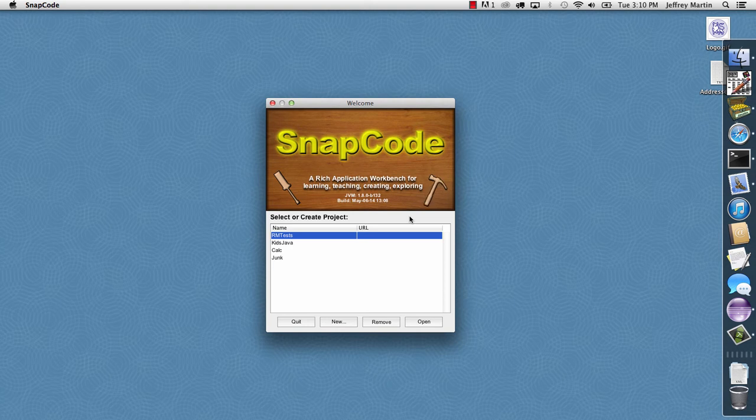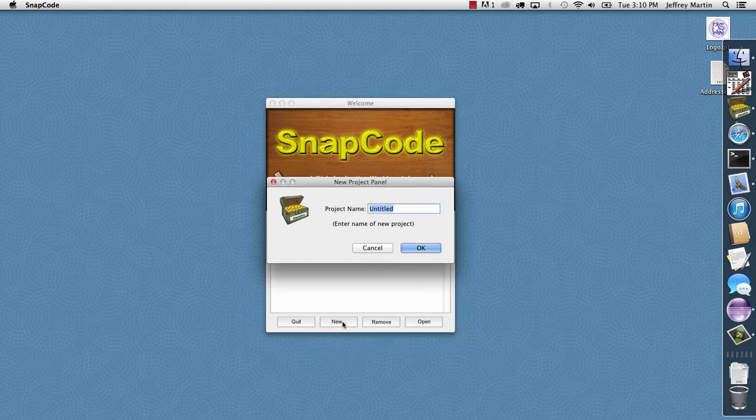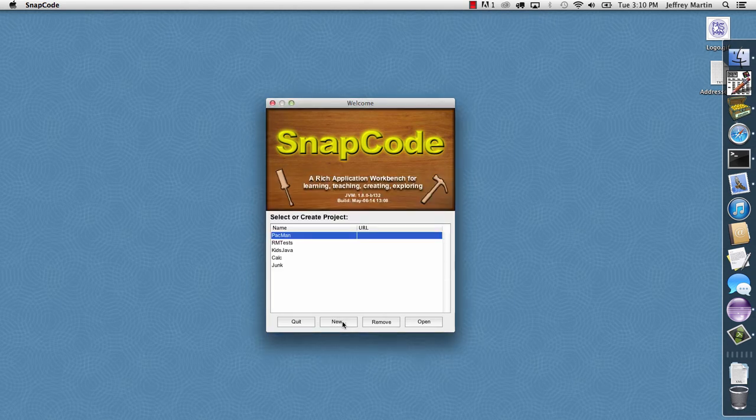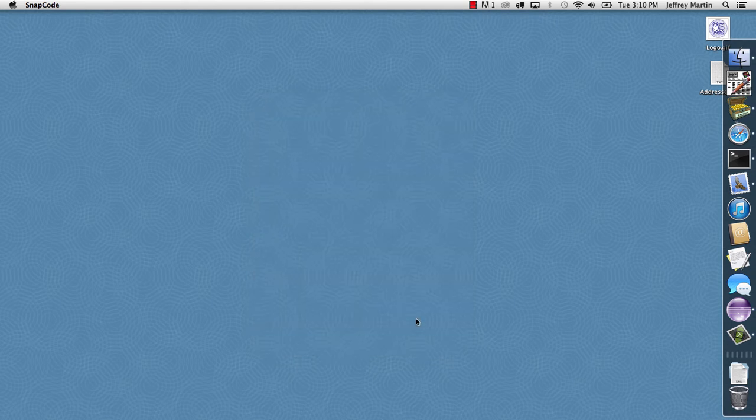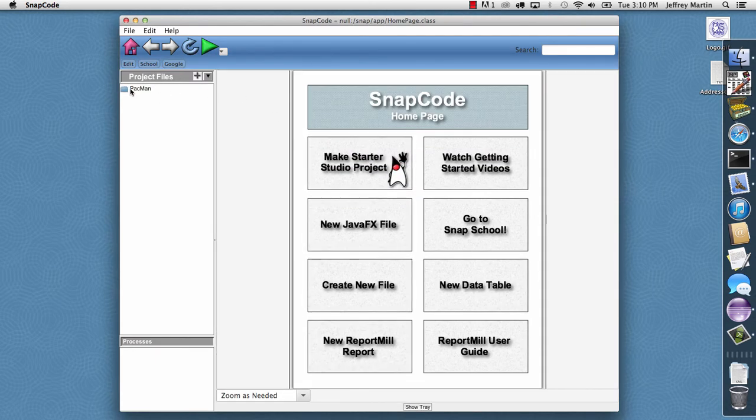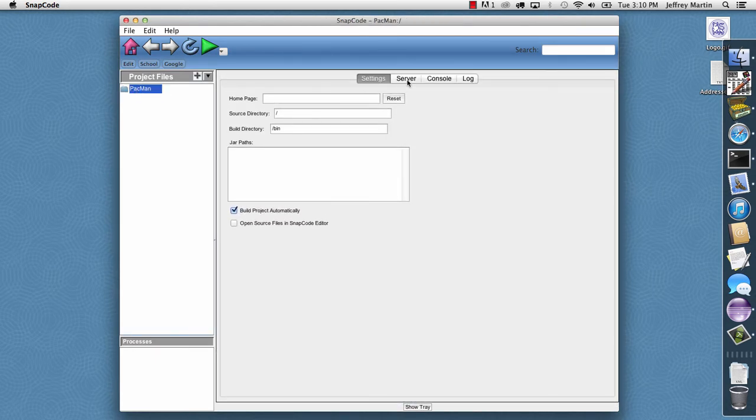In this demo, I'm going to show a JavaFX version of PacMan written using Greenfoot running in SnapCode. So with SnapCode launched here, I'll go ahead and create a new project, and I'll just call this PacMan, and I'll go ahead and open my new empty project, and I'll select the top level here, and I'll click on